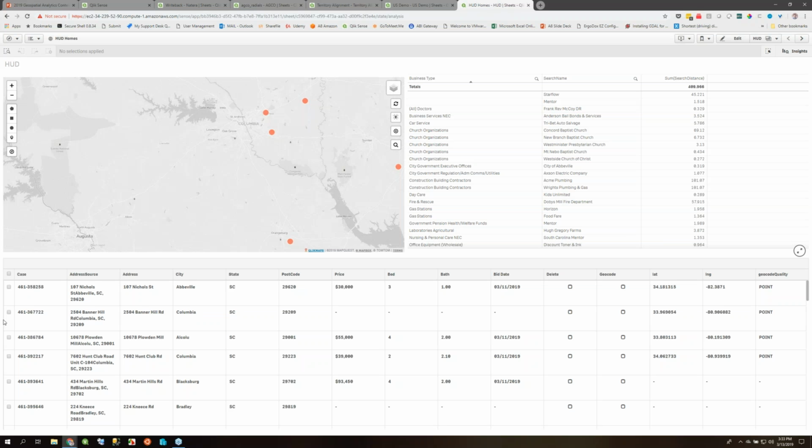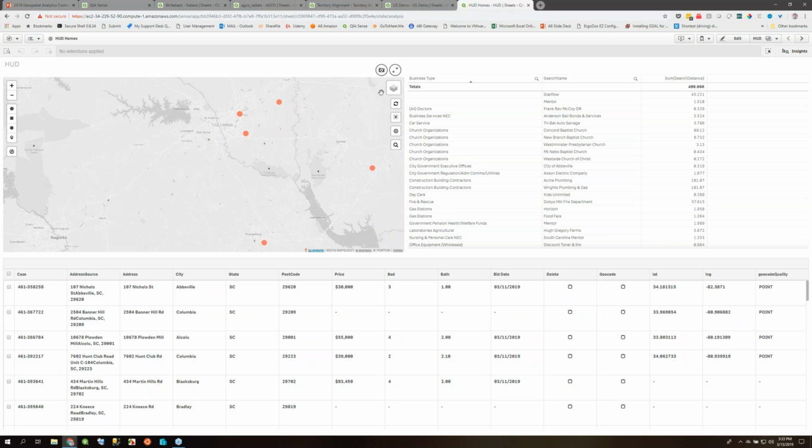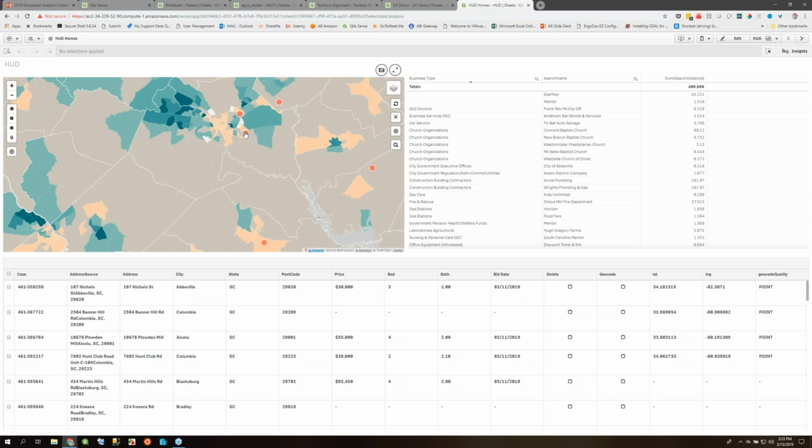Interesting enough, they only have addresses. So we built a process down here for them to select the properties that they want to work with and geocode them so that they can plot them on the map. They don't actually have to go back into a backend database to do that. But once they have the points on a map, they want to find out what's going on around the area. So we pulled in net worth around the territory, around the area. So as you can see, this is coming from an external data source, but it's showing us the net worth